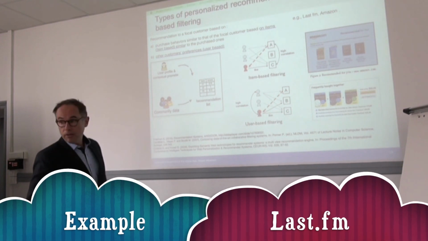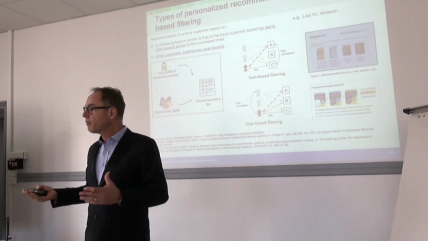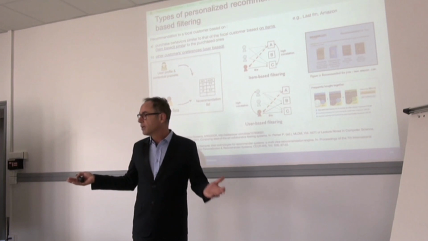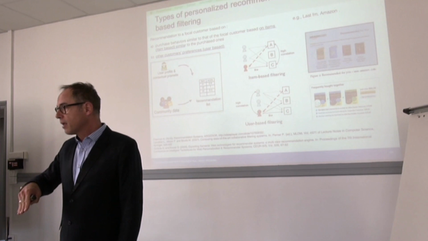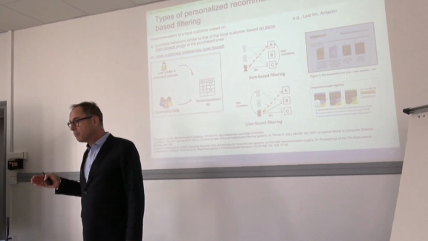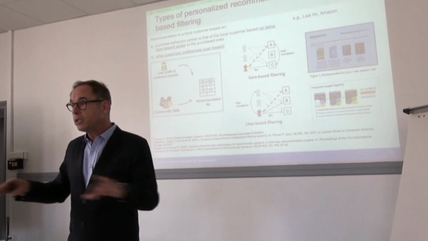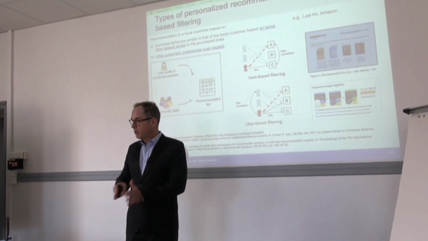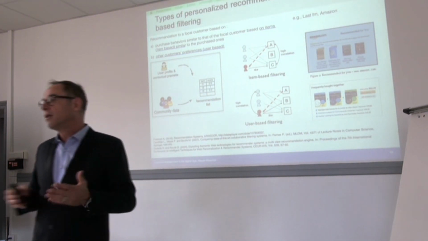This is what is done by Amazon, but also Last.fm is a radio called choose a song to listen on the internet, the streaming. For example, if you listen to Ninth Symphony of Beethoven, classic music, then you might get other symphonies of Beethoven, item-based recommendations. But if you like Beethoven, then you might be interested also in other composers. You get recommendations from other composers, but also other community members who listen to classical music, listen perhaps to Mozart. And so you get also recommendations. Other users listen to Mozart or Haydn or other classical music creators.